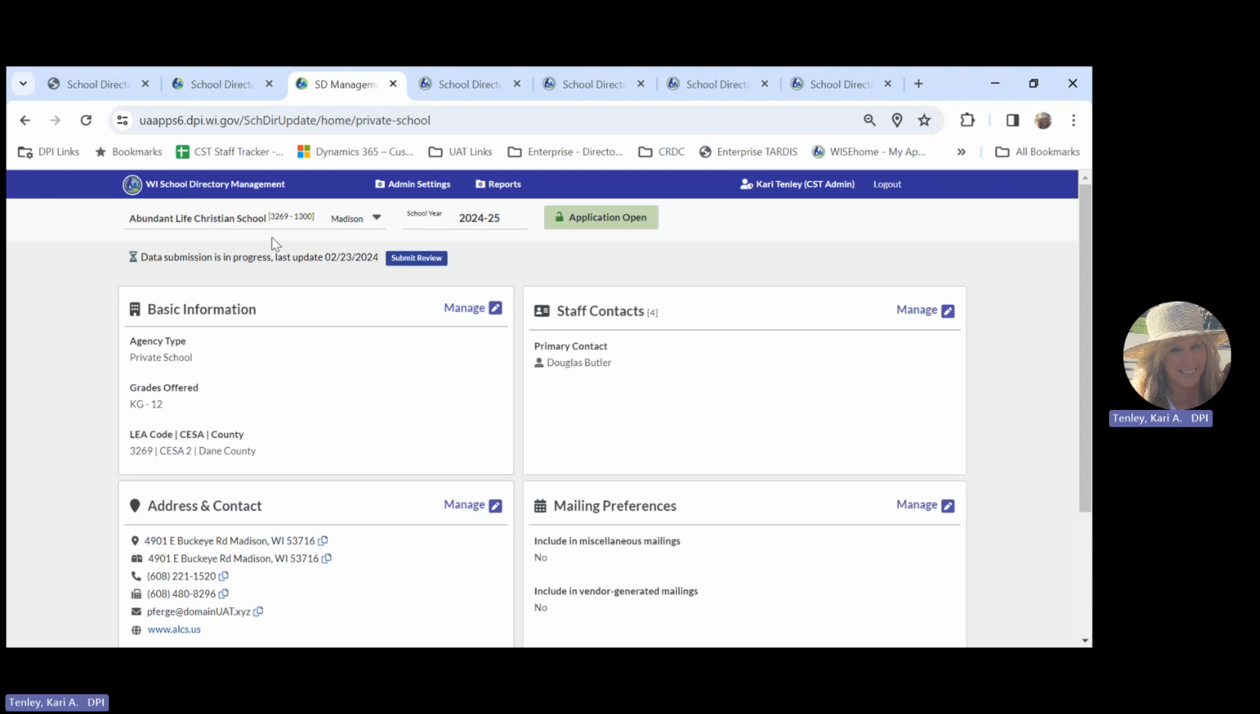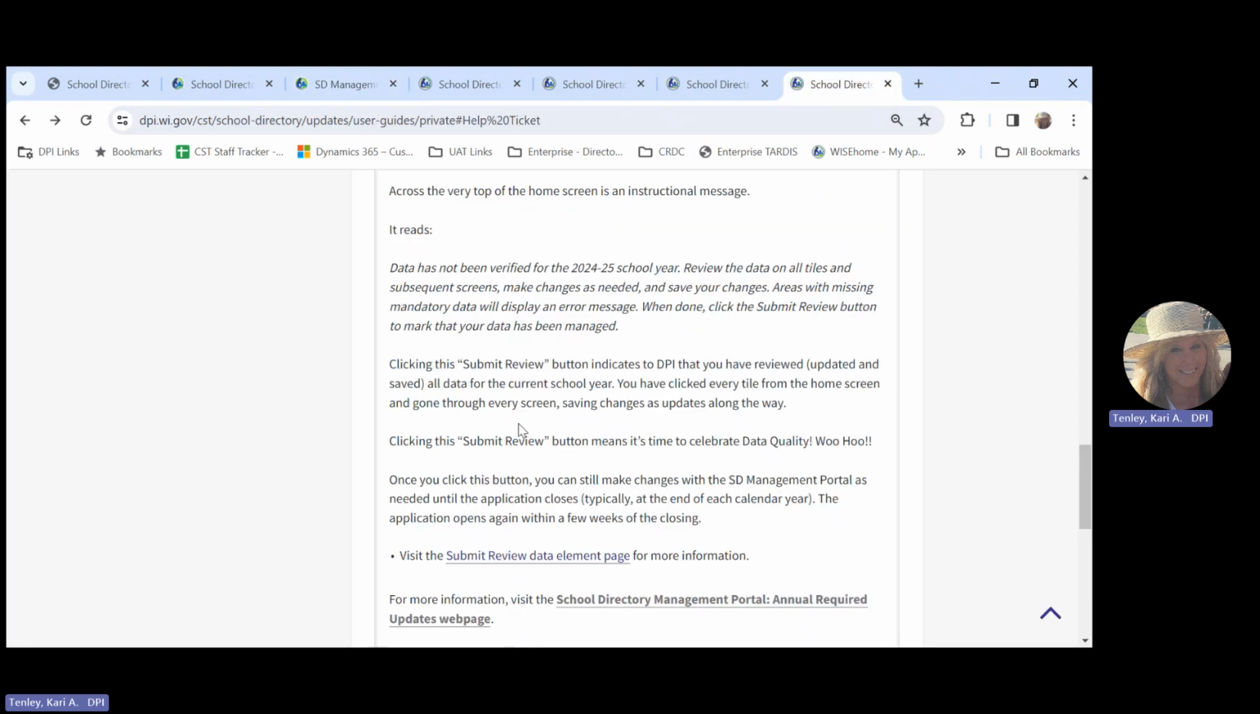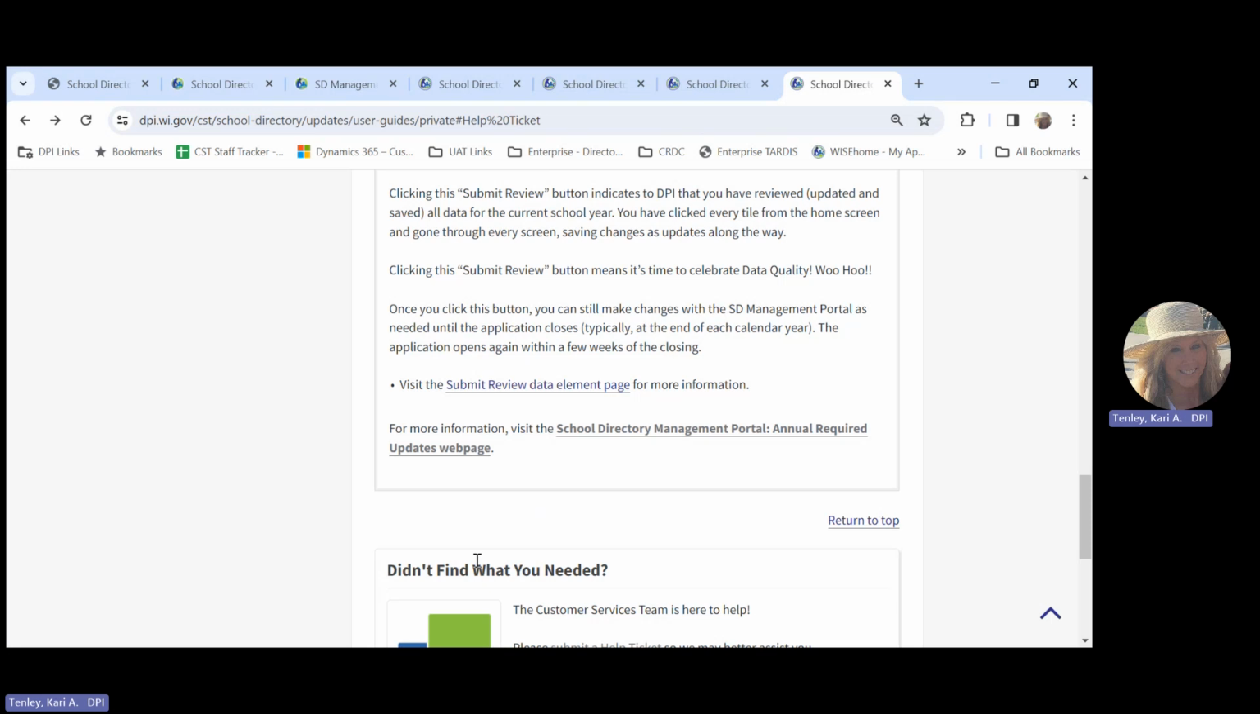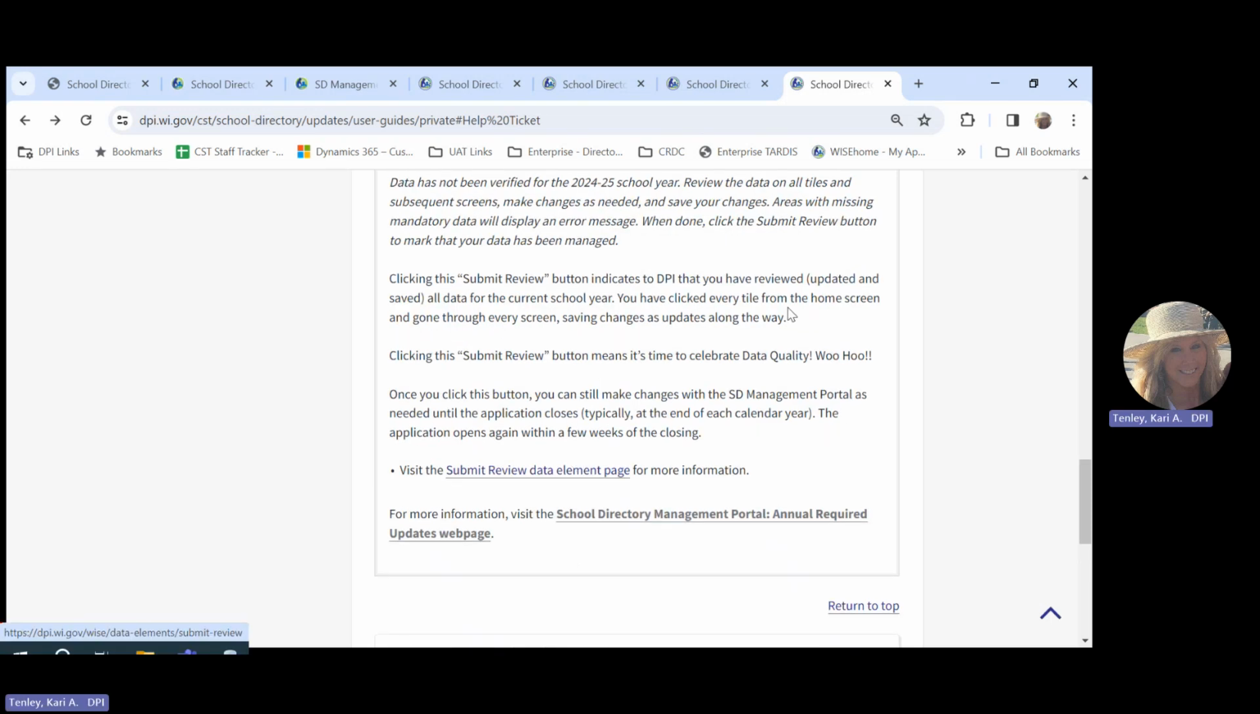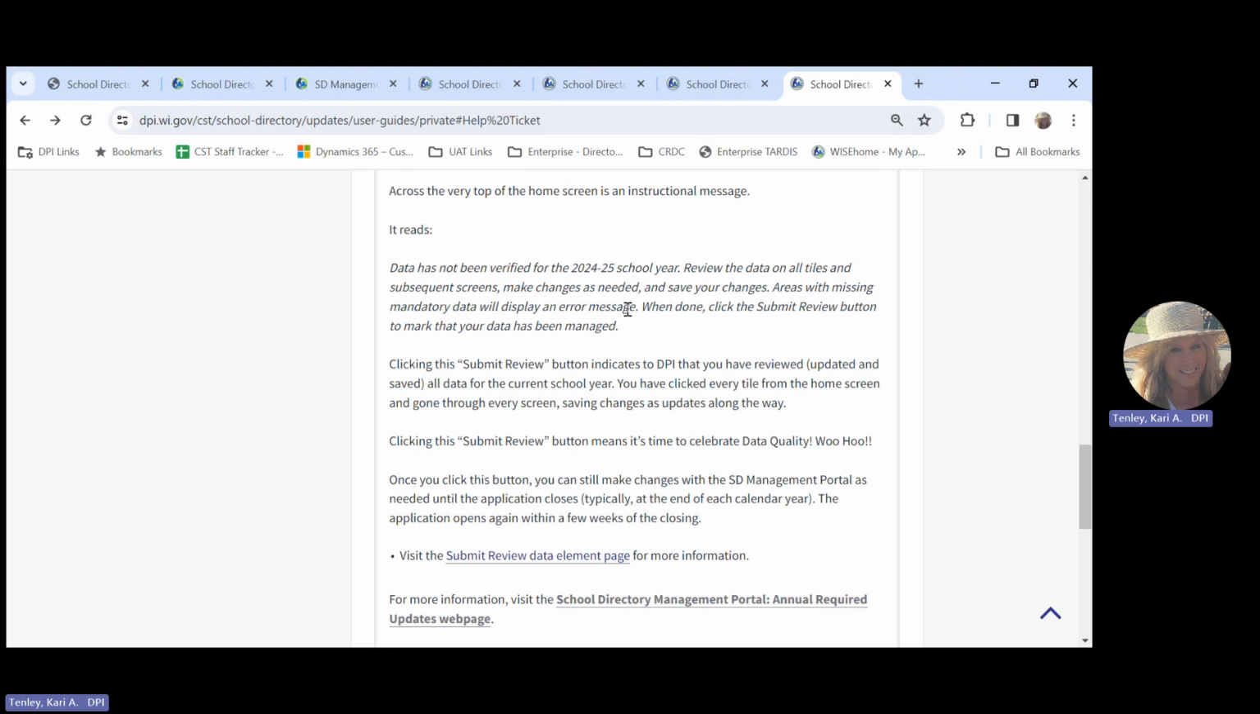Back on that home screen, there's going to be this submit review. It's listed right at the top, and you might be tempted to be like, yeah, we didn't change anything. Click that submit review. Don't do it until the very end. It's the very, very last thing. The submit review button is the cherry on the sundae. So make sure that that's the last item that you do, because when you click that submit review button, it